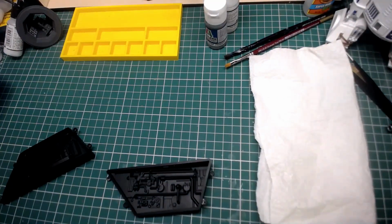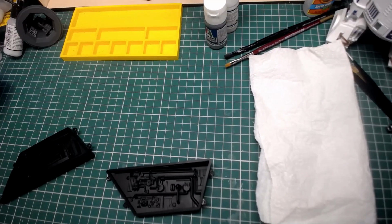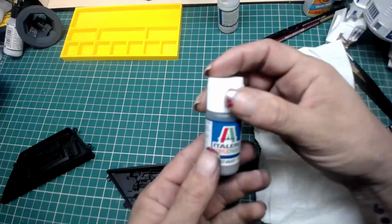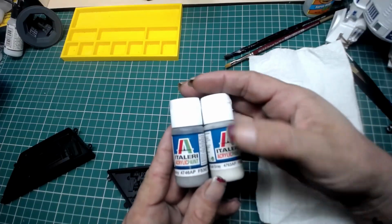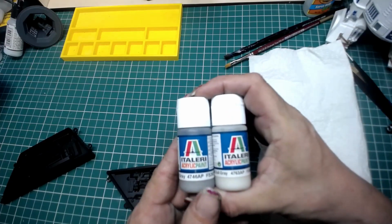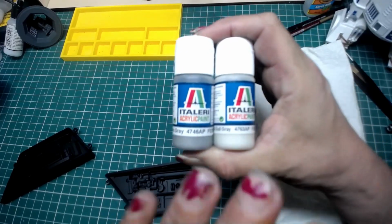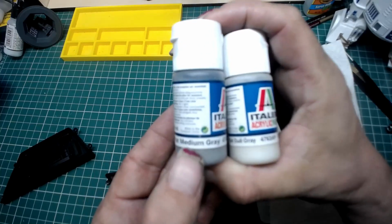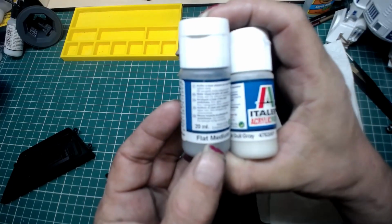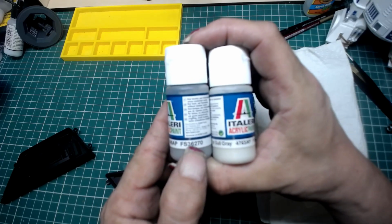So the two paints that I'm going to use, it just says medium grey and a light grey. So I've decided to use these two paints, which I got from an asset drop box many months ago. These are made by Italeri. Actually very good paints. I'd never used them before I received these. Now this one is a flat medium grey, flat just meaning matte, and that's got a Federal Standard code of